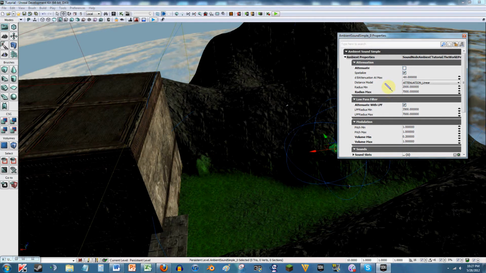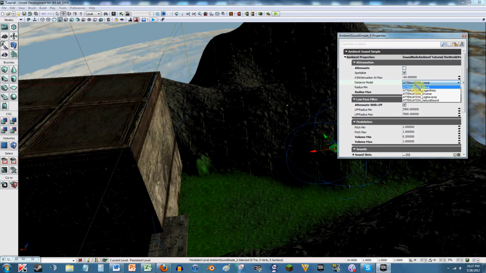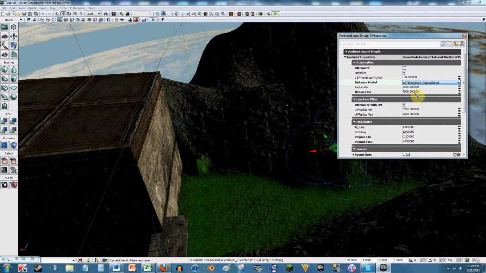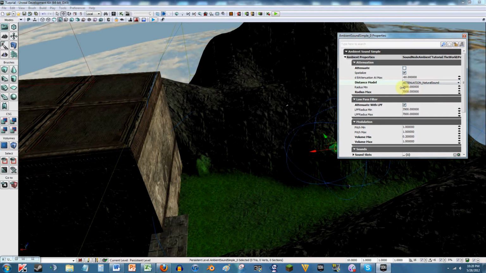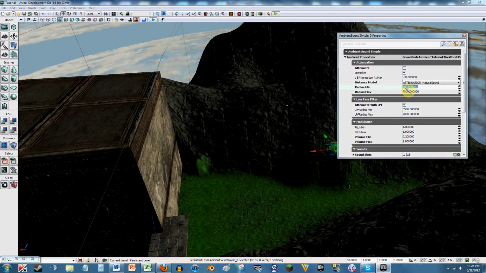Sometimes you don't, but attenuation, maximum distance model. I'd want natural sound on that one actually, because you can just read that and figure out what that does. The attenuation type, and whatnot. And then the radius minimum. If I increase this, the inner sphere will